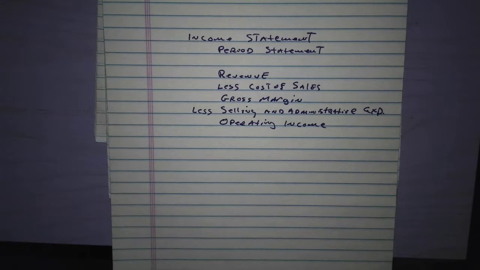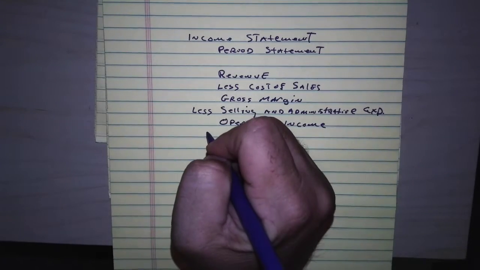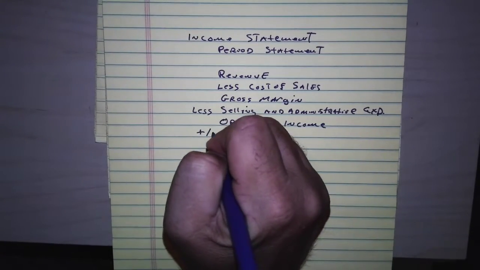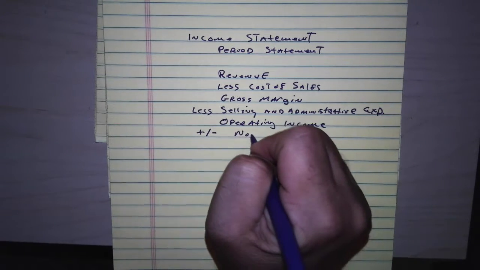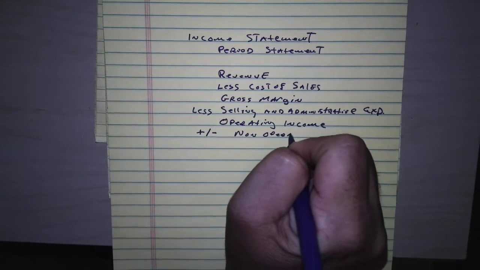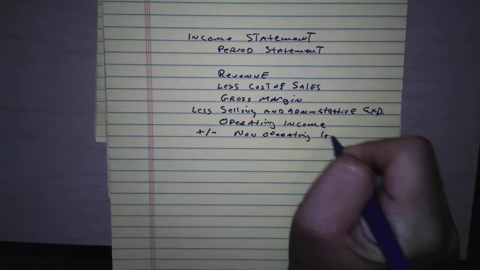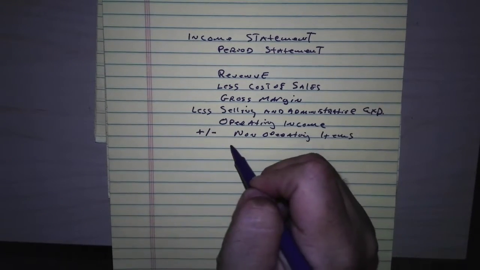Maybe they sold some things and they traded some things that they made some money on. Again, they're not in the business of selling old equipment off, but maybe they did make some money from it. All right, so those are what we call non-operating items. So I'm going to put plus or minus non-operating items. Okay, and then we would get to income